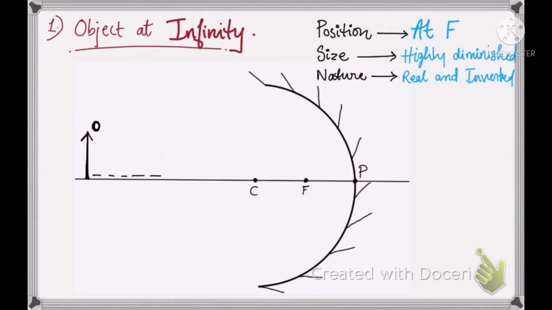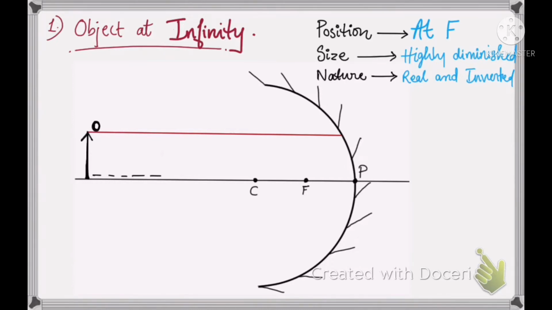So let's start. Object at infinity. In this, if any object is kept at infinity, the rays are to be parallel. A good example is sun rays. Sun rays are also at infinity and we consider them to be parallel. So let's start by considering 2 parallel rays from the object. And always keep in mind that the object is above the principal axis always.